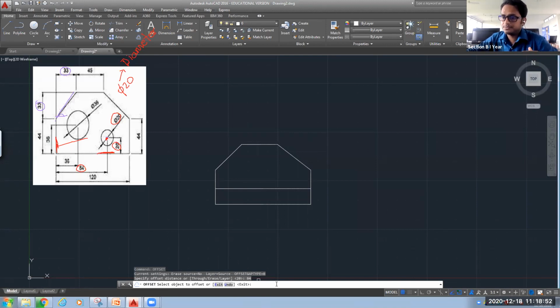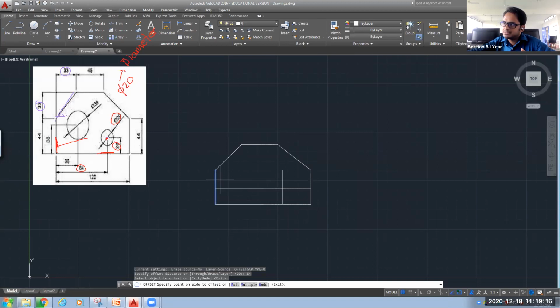After specifying the offset distance, it will ask you to select the object you want to offset. So I want to offset this object, this one single line. Okay, so select this. Now you can see on both sides one line is coming. Wherever I move my cursor, if I bring my cursor on the right hand side, you can see this line is coming on this side.